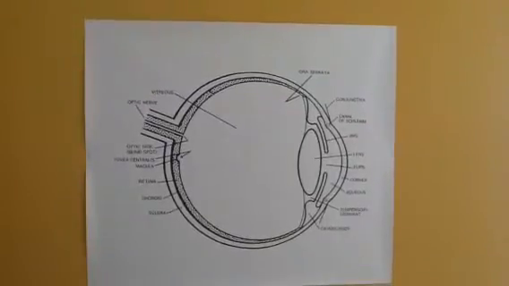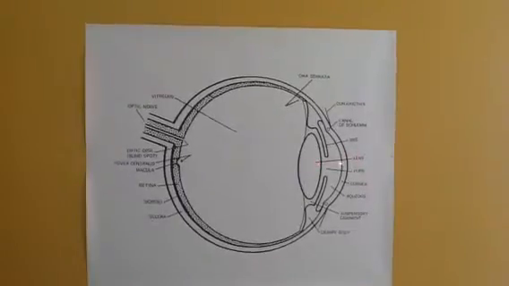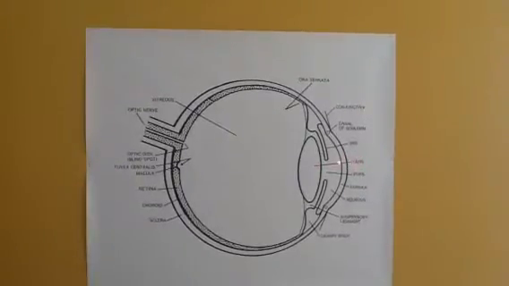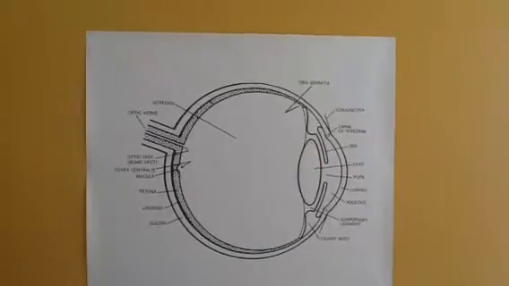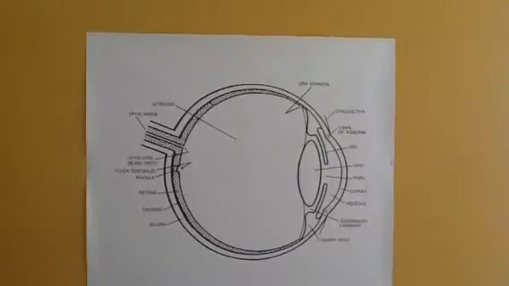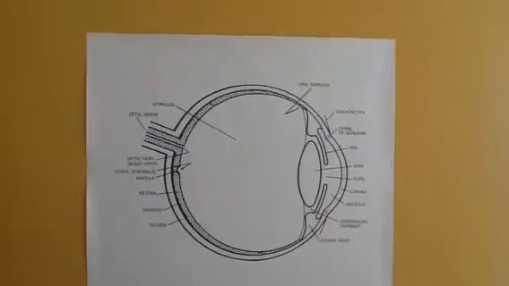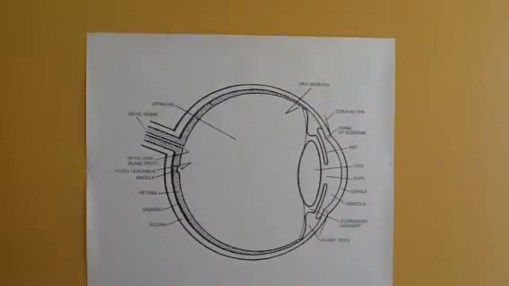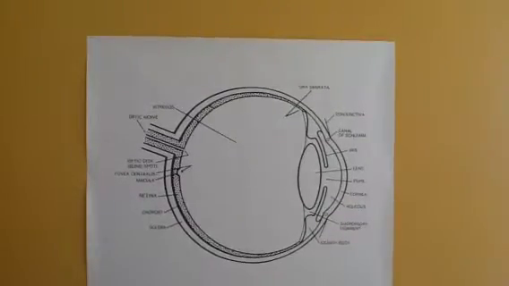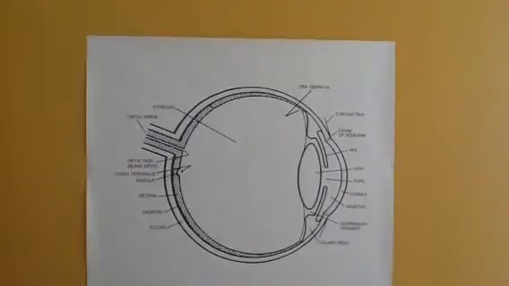The lens is composed of transparent, flexible tissue and is located directly behind the iris and the pupil. It is the second part of your eye after the cornea that helps to focus light and images on your retina. The lens, by changing shape, functions to change the focal distance of the eye so it can focus on